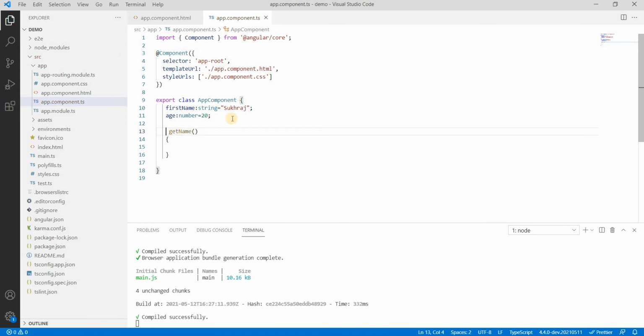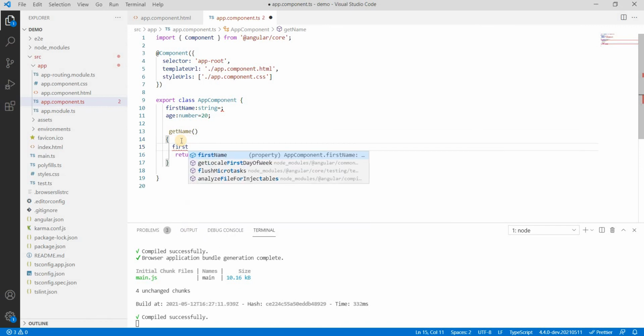So just the function name, and suppose what I'm doing here is I'm saying okay, return name, and instead of giving a value here, what I will do is I will say firstName equal to Sukhraj.